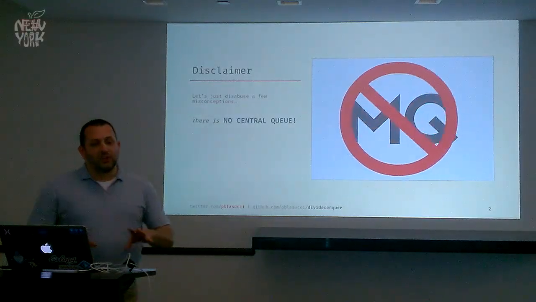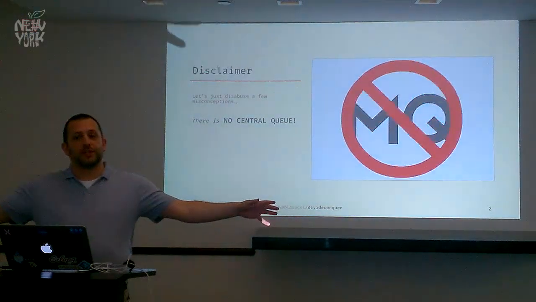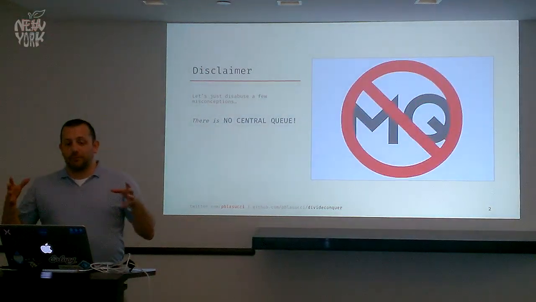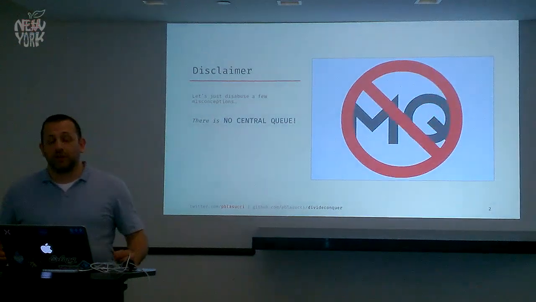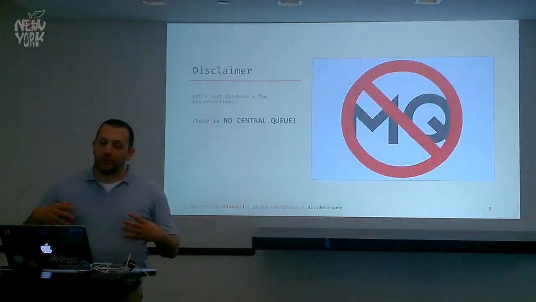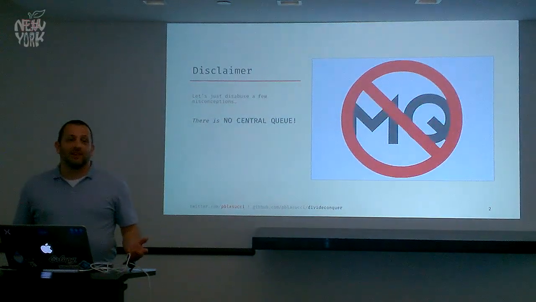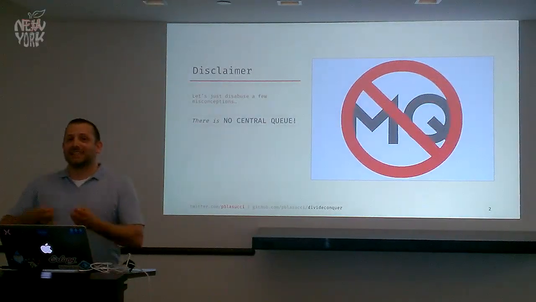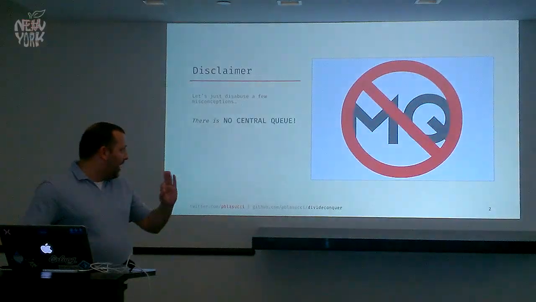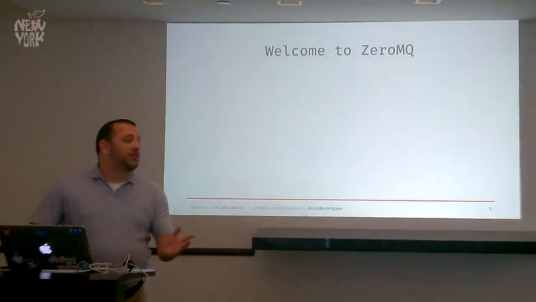What you have is you take the messaging and the queuing and you push the buffering out to the nodes in the system, and now you don't tie yourself into a centralized bottleneck. You can add that if your architecture requires it, but you're not tied into it. You don't license ZeroMQ from a vendor. I like to joke, it's not something that comes in a 1U rack mount. It's a library. That's it. It's also open source. The zero is for not. So no message queue. Now that we've cleared that up, what actually is ZeroMQ?